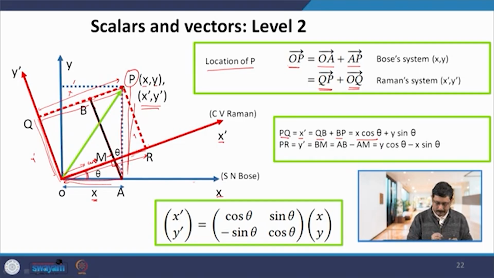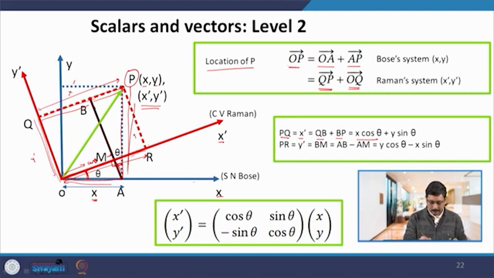So, this angle is theta. So, if this angle is theta, then this angle is also theta. This I leave as an exercise, this is easy to show. Now, if this angle is theta,